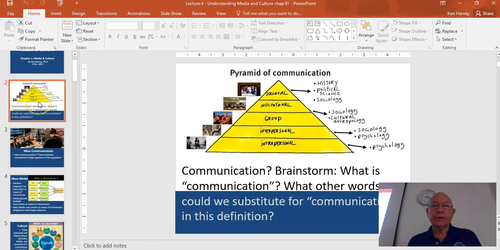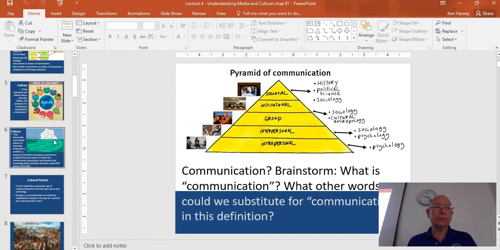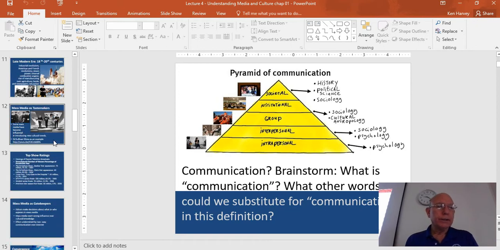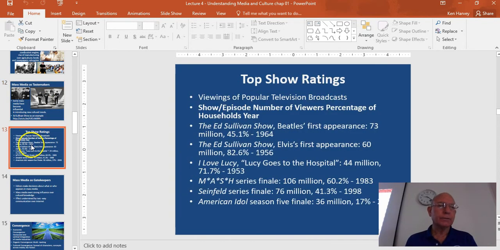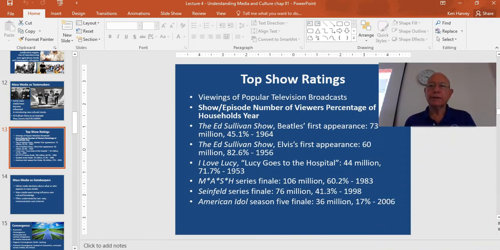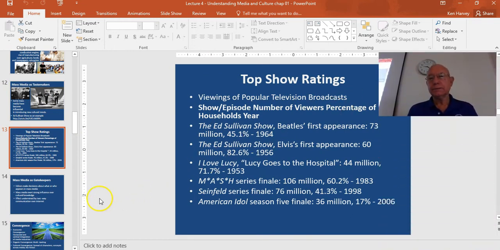So last week we were talking about the relationship of media and culture, and we went through all of these slides, and I won't repeat the ones we already went through, but we kind of got stopped at the Beatles, I think. Let's see, we talked about the show ratings in the history of TV a little bit,